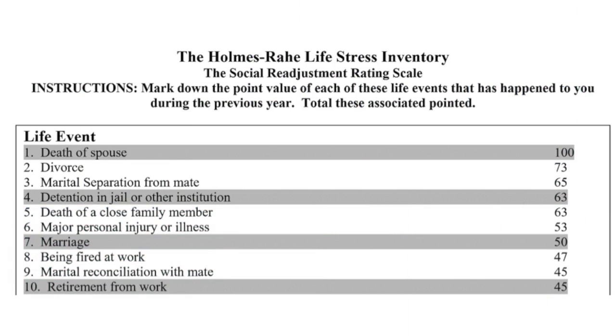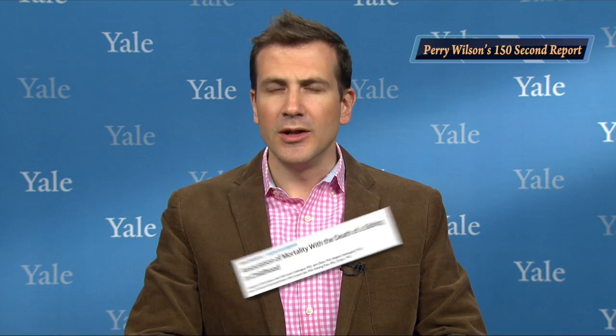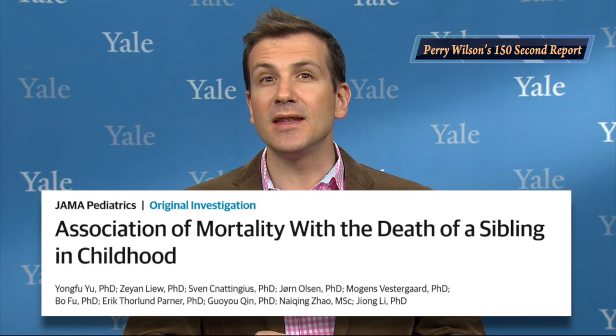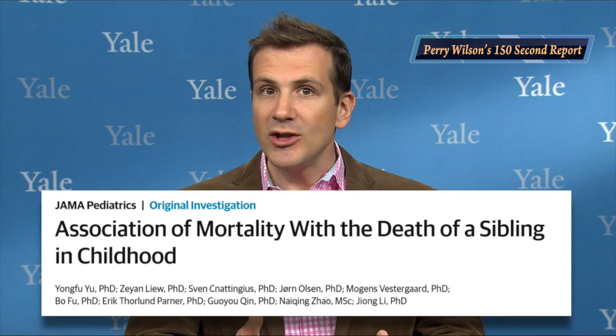The classic Holmes-Rahe stress inventory lists life events in the order of the stress they cause. Death of a spouse is at the very top. Death of a close family member is way up there as well. But little data exists as to how this stress affects children who lose a sibling. Now, this paper, appearing in JAMA Pediatrics, suggests that the childhood death of a sibling is a major risk factor